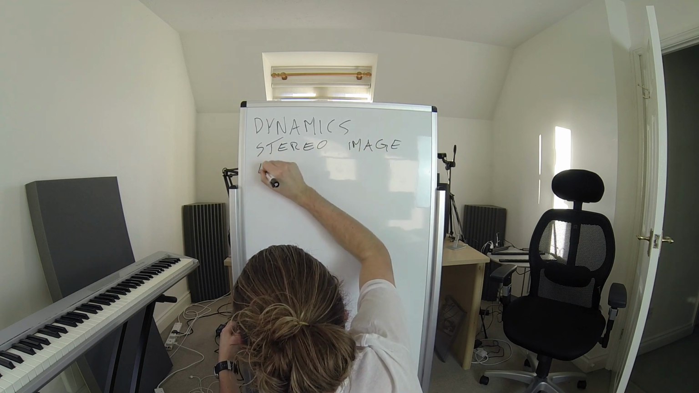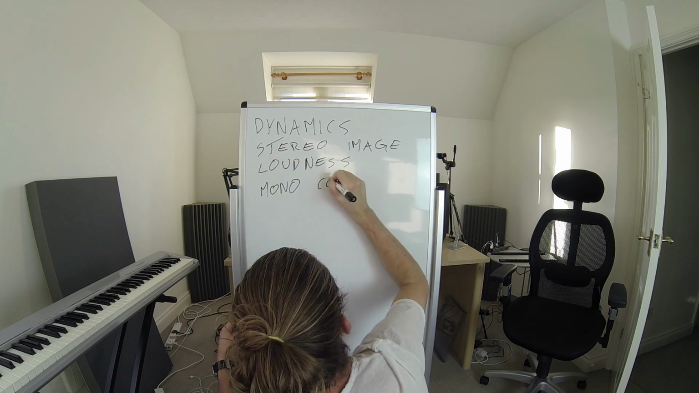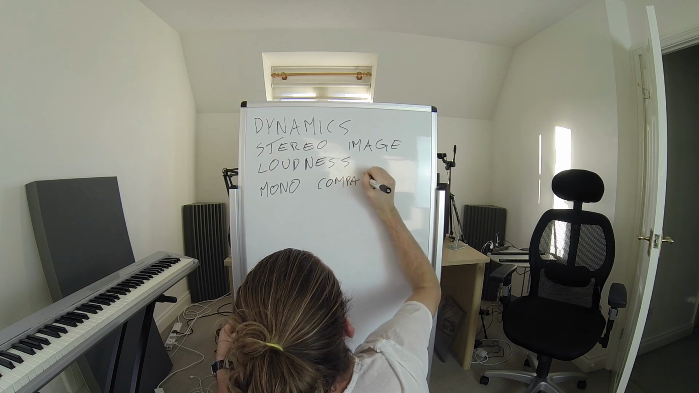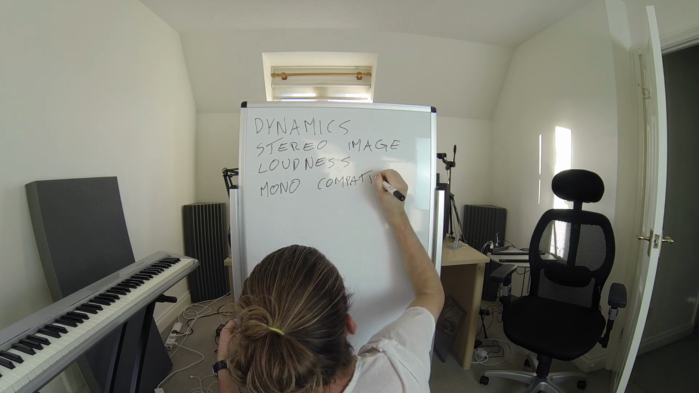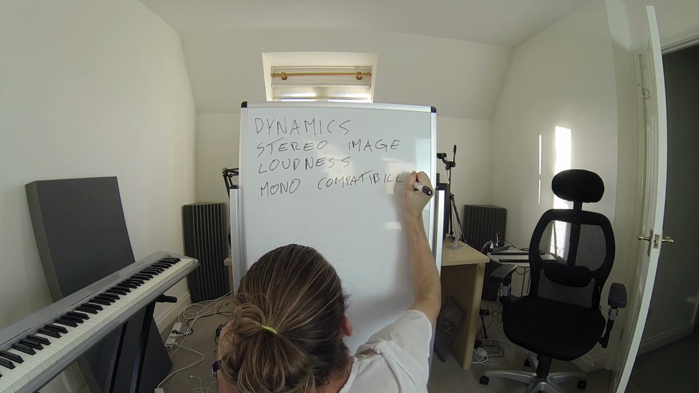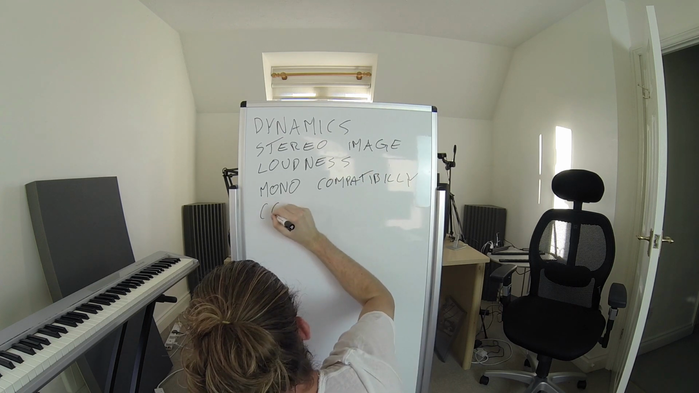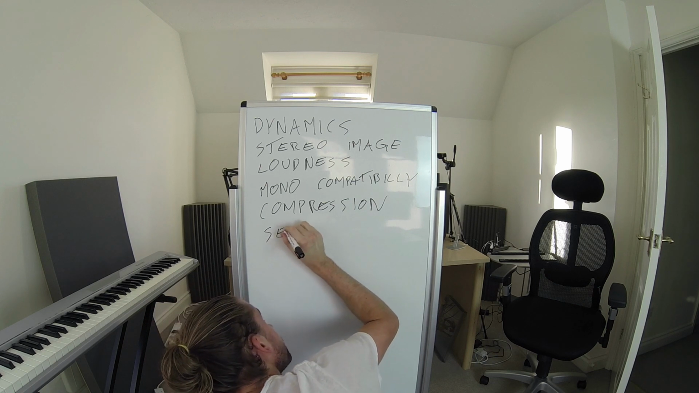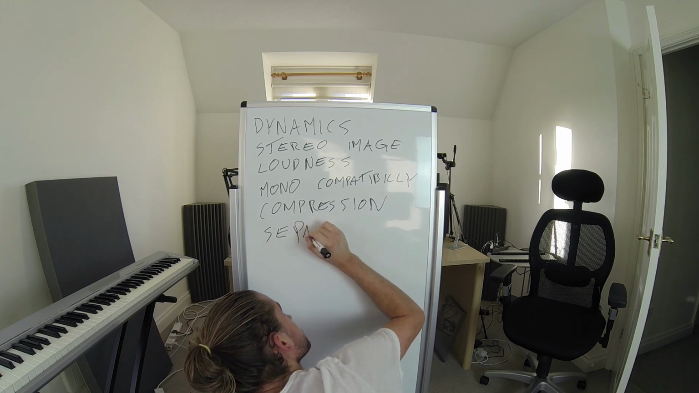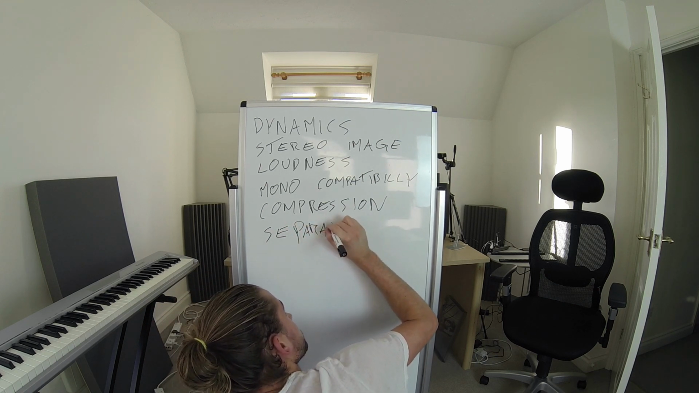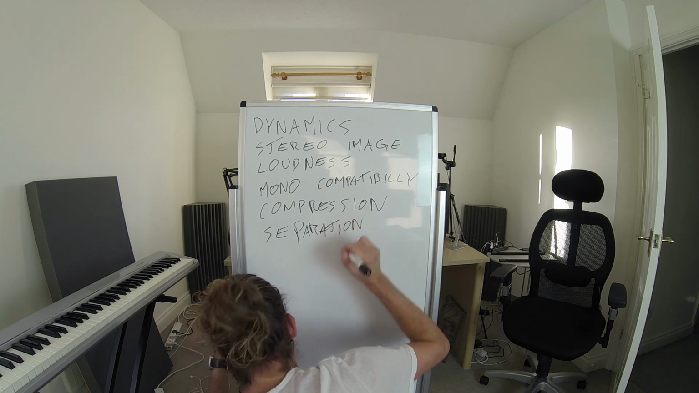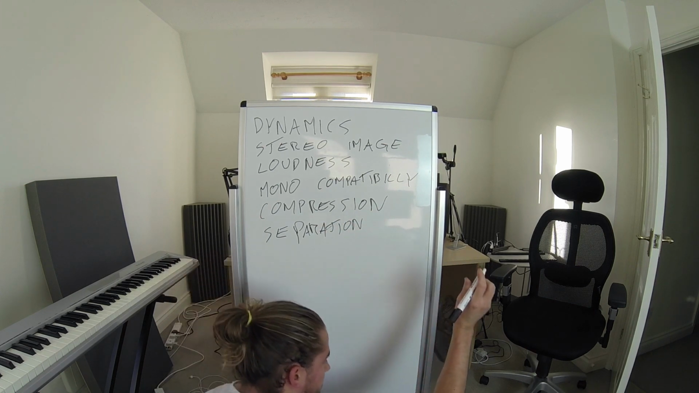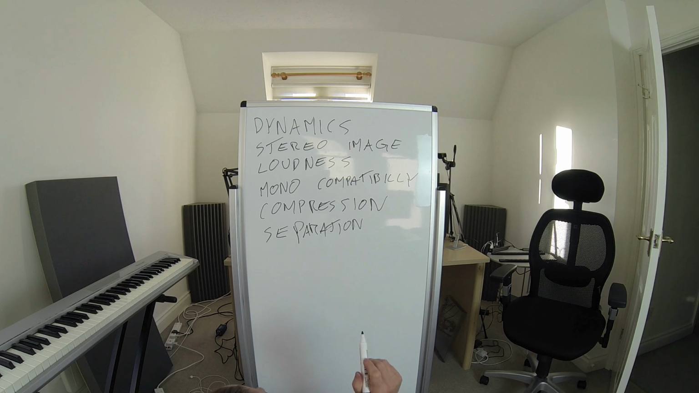Next, what else is important? Loudness. Mono compatibility. Compression. Separation. Right. Dynamics, stereo image, loudness, mono compatibility, compression, separation,